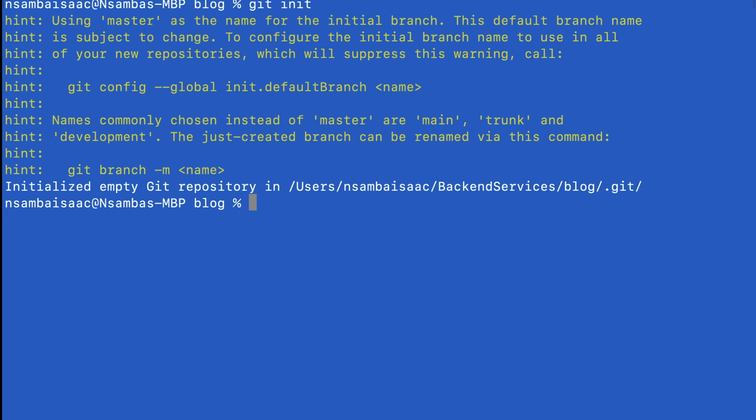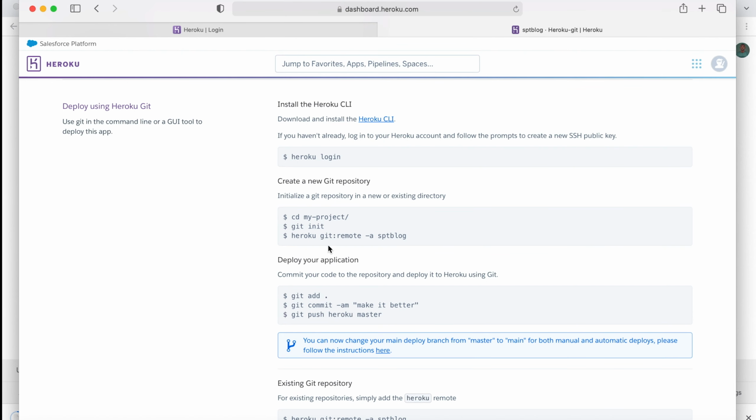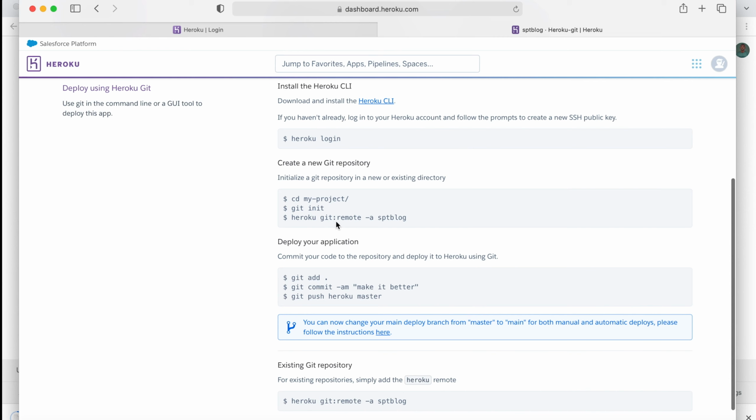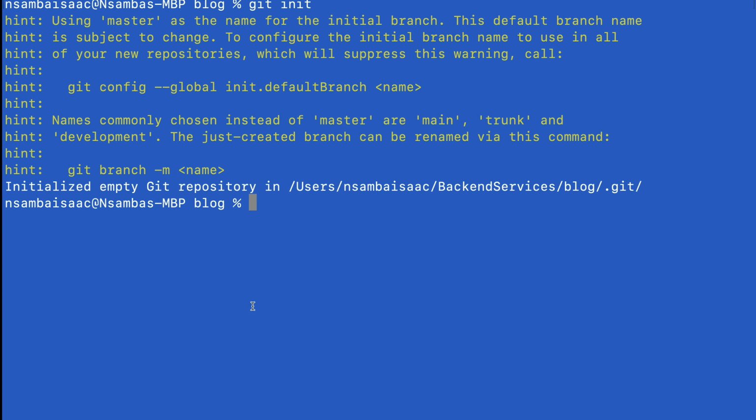Then after that we can go back and see what command we need to execute. After initializing our git, we can run this command to create ourselves a repository on Heroku. So we can just say heroku